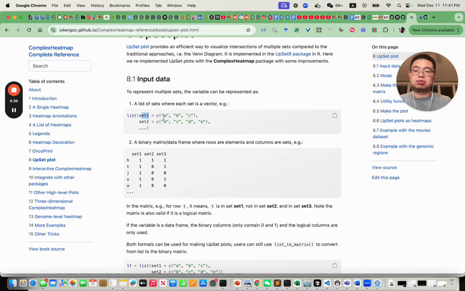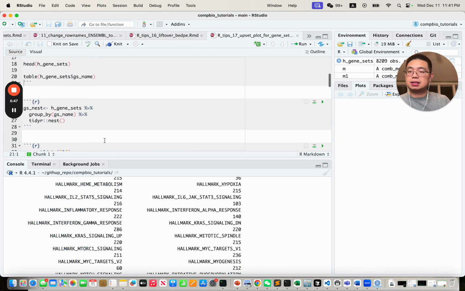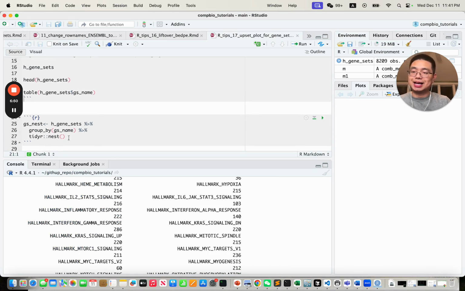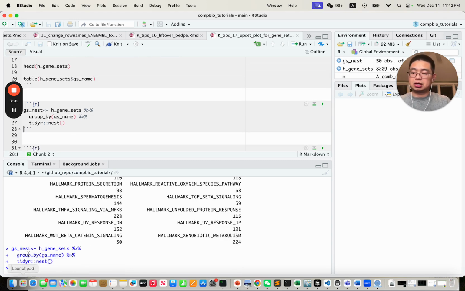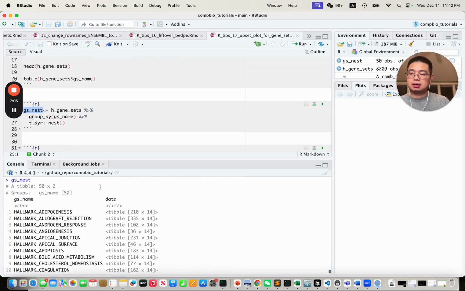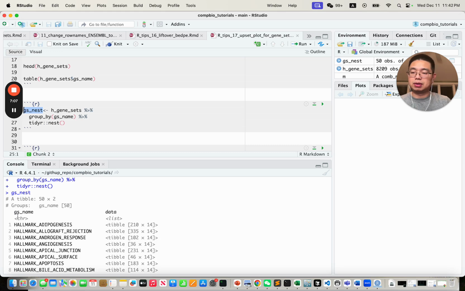So in our case, this will be the gene set name, and then those will be the gene names for that set. Okay. So how do you do that? We can use the tidyr nest function. If we group by the gene set name and then nest into a list column,